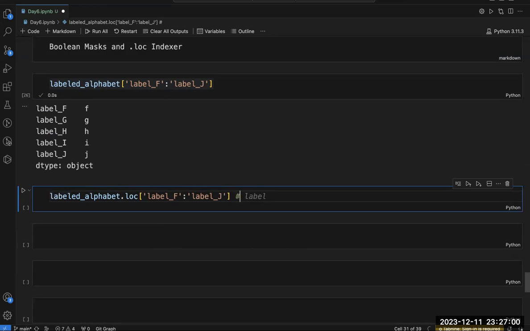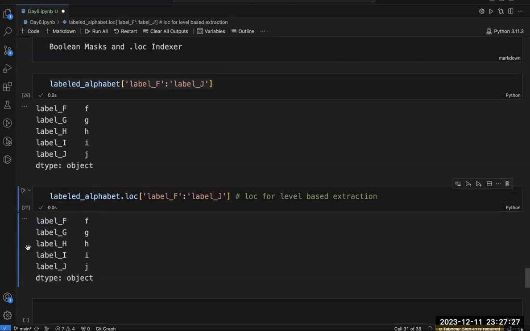Loc is basically used for level based extraction. When you want to extract according to the level, then you will use dot loc. If I run this, I will get the same output.